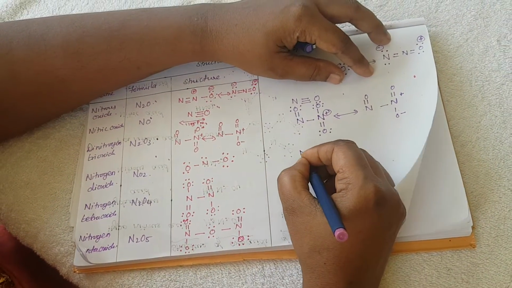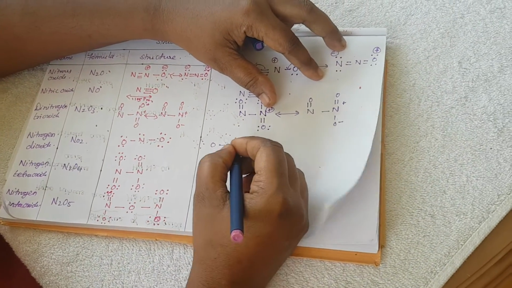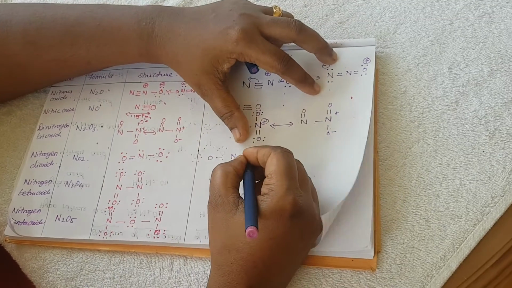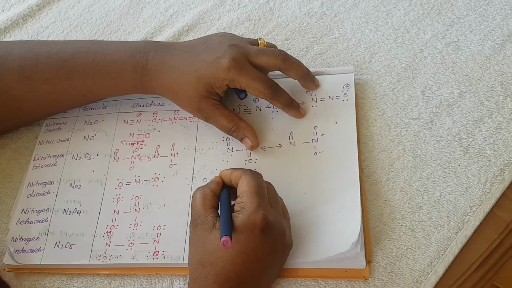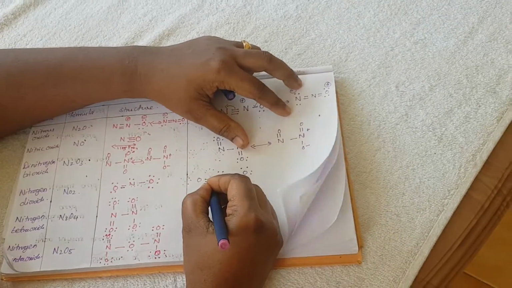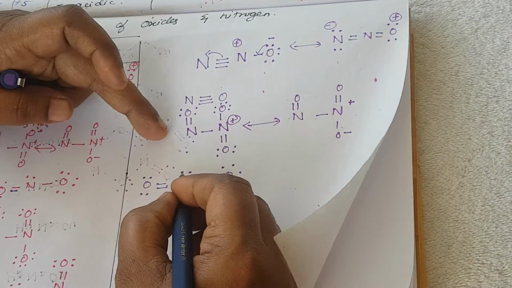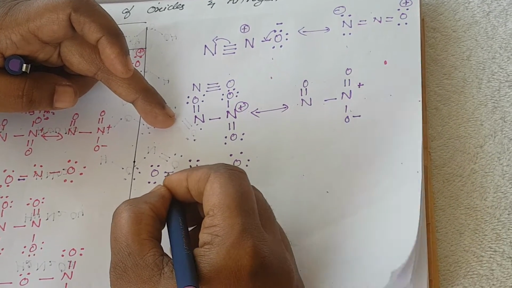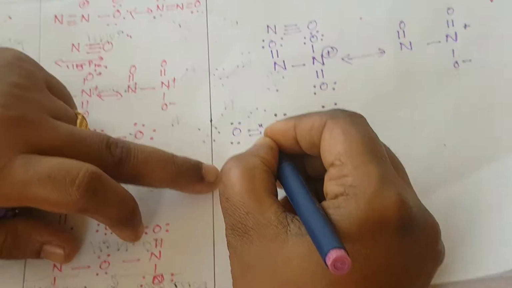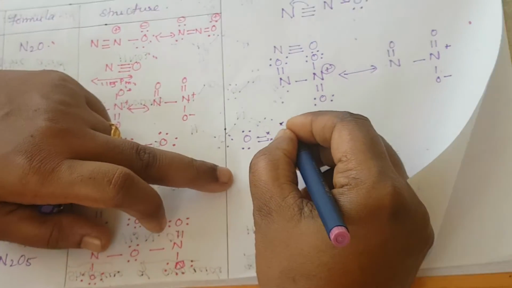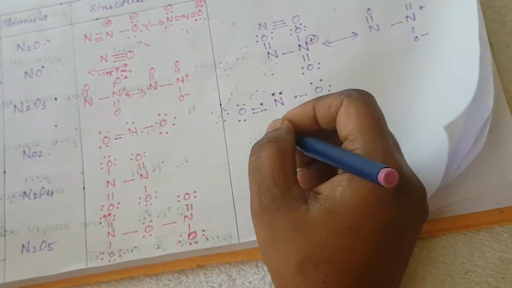Nitrogen dioxide is also the same. Nitrogen, here one oxygen. The single bond means how many electrons? Single bond means 6 electrons. 1, 2, 3, 4, 5. So here that is 2 lone pairs. Here double bond, 1, 2, 3, 4. Now we already know nitrogen has 5 electrons, here 2 electrons are there. Here sharing of 2 electrons, here 1 electron, totally 5 electrons. So here that is 1, 2, 3. So totally 5 electrons in nitrogen. Okay, nitrogen dioxide, NO2.